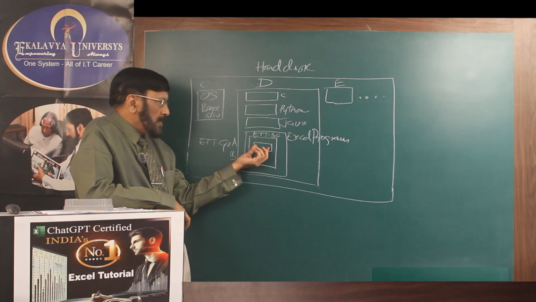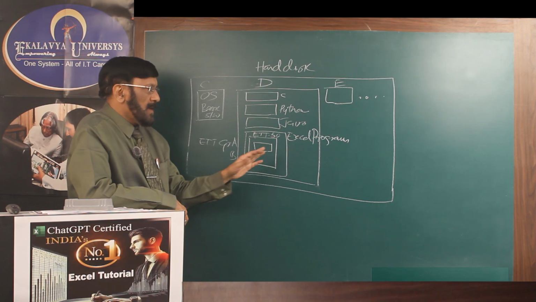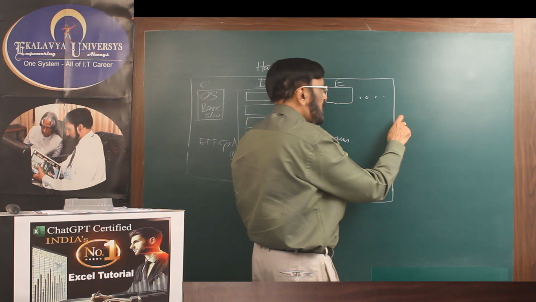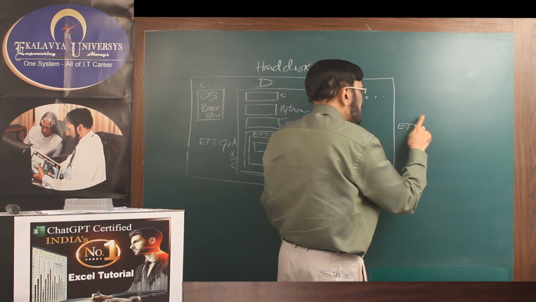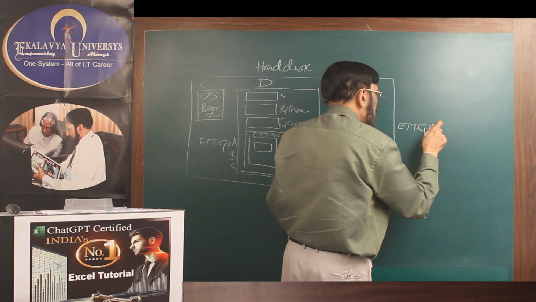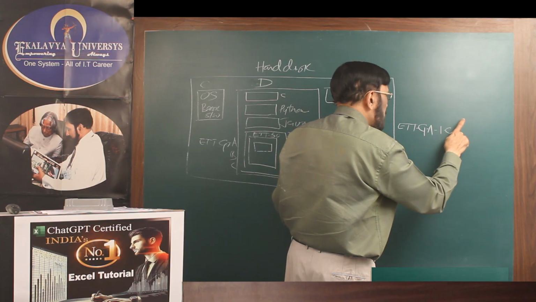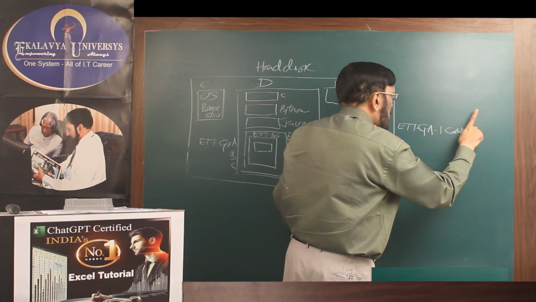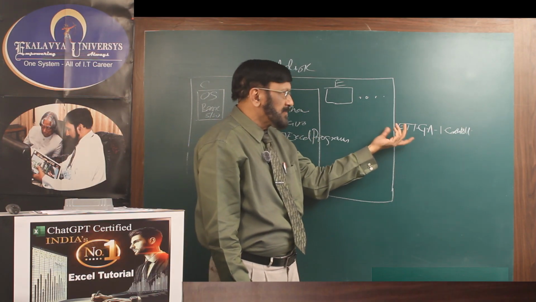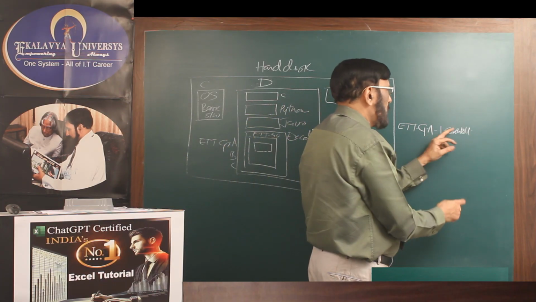In group A, we create half a dozen files, or half a dozen programs. What name do we have to give? Now you see, ETT group A 1. And if you want to give a clue also, that is a good habit: cash bill. Don't bother about length. Actually, ETT, here 15 in that group. Group A 1, first program, cash bill,